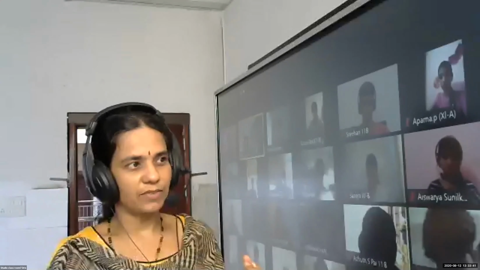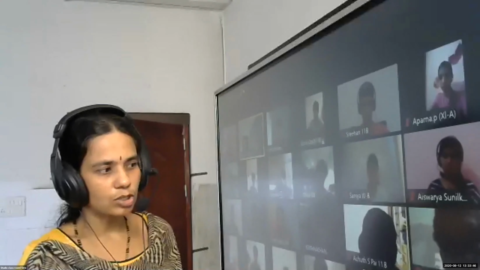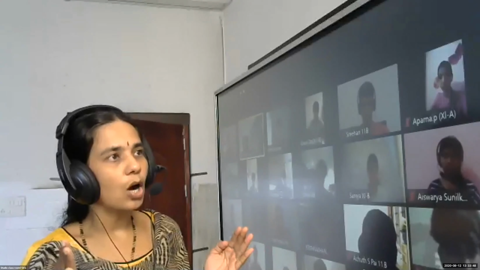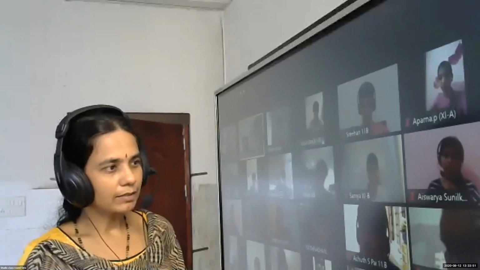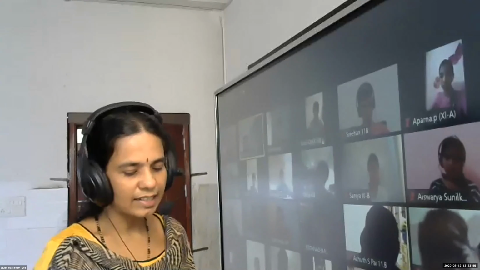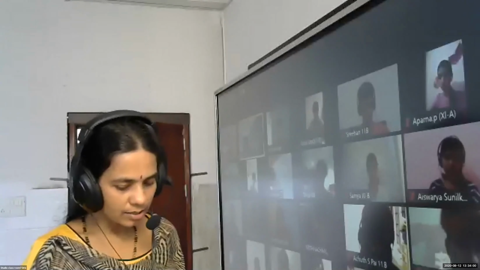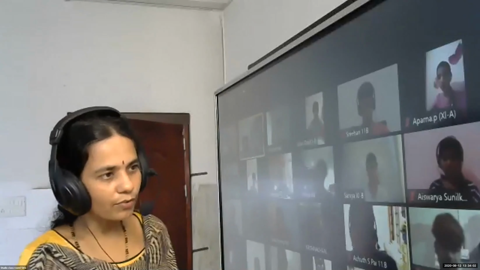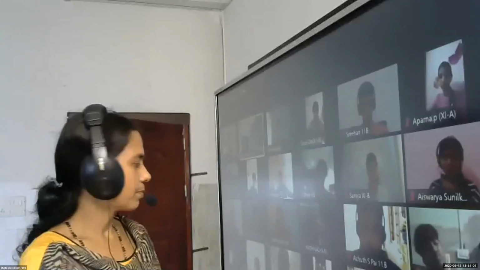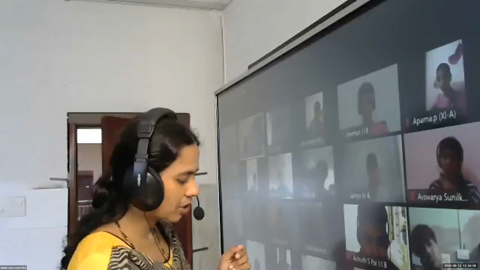Collection of all ordered pairs. Suppose A and B are two sets. If you have A and B as two non-empty sets, then A cross B is the collection of all ordered pairs. Okay. Now we are defining the next. The next one, what we are defining is relation. What is a relation? A relation is a subset of a Cartesian product.